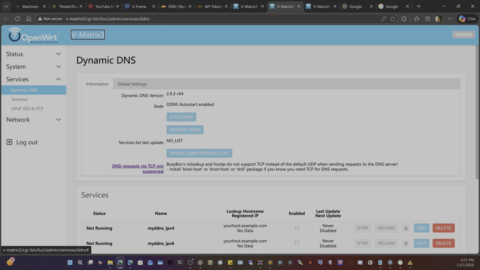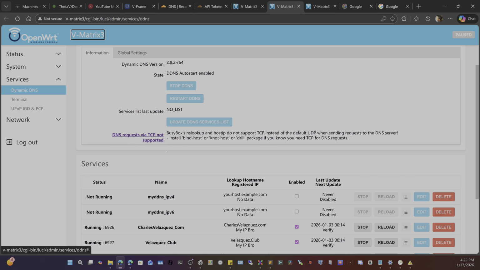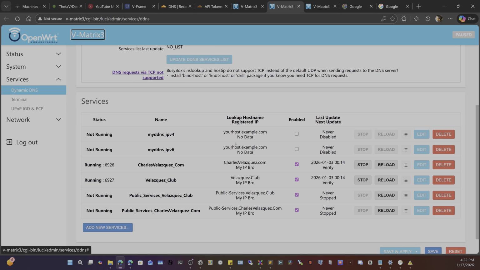and as you can see here, it's running, because I currently have it running. Yours might not be running. If it's not, you can just always start it after you edit your settings. As you can see, it already shows that I have my stuff on here. So what we're going to do now is add